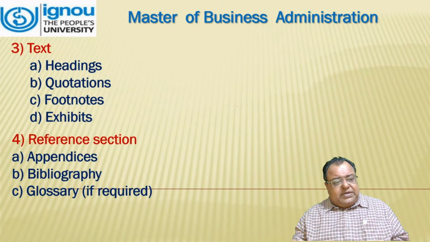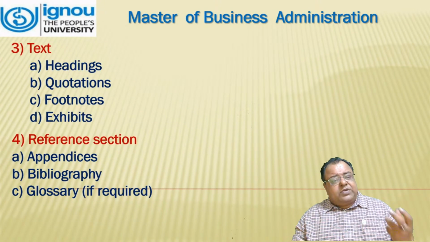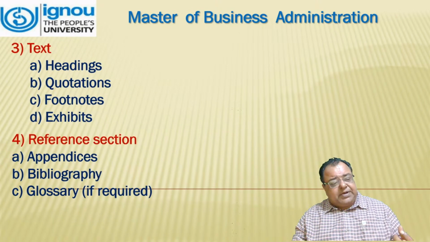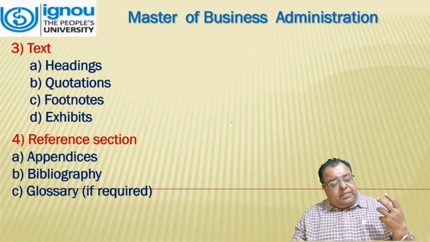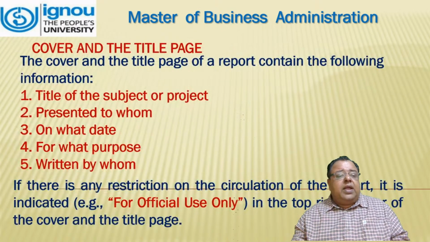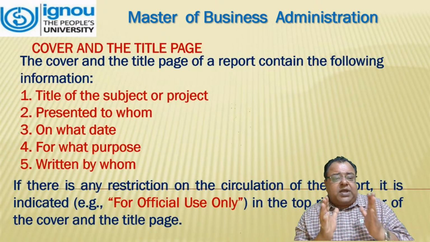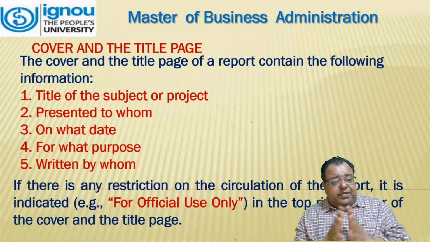Third one is text, which includes headings, quotations, footnotes, and exhibits. Fourth one is the reference section, which includes appendices, bibliography, and glossary. Now, we talk about the cover and the title page, that is the first page, which should have the information